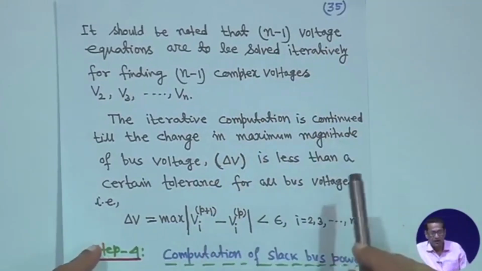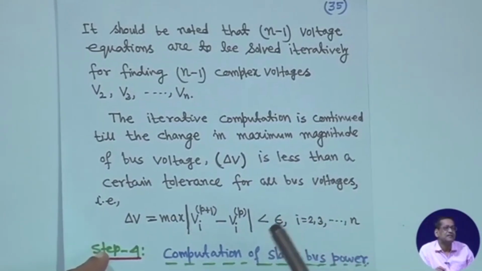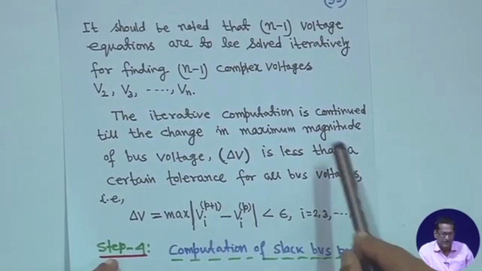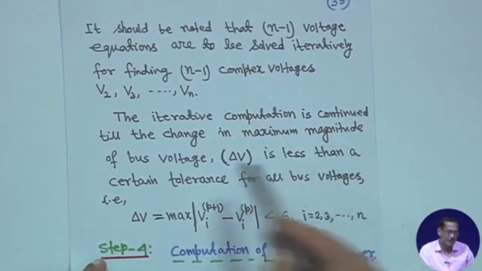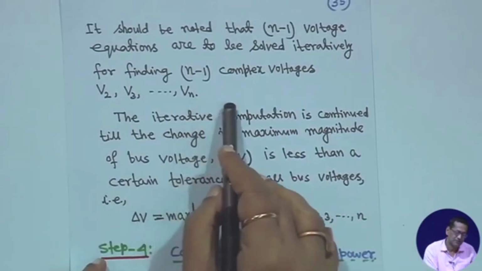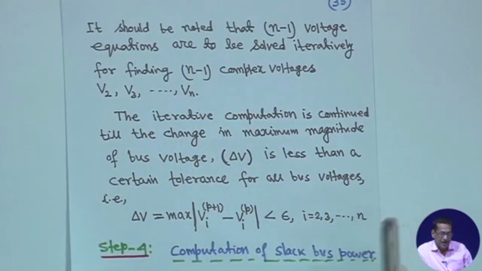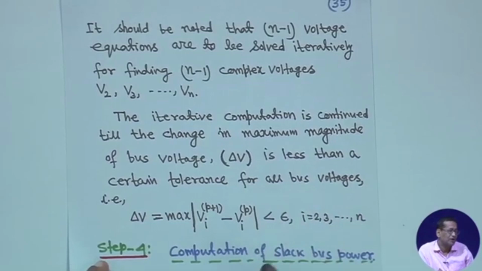If bus 1 is a slack bus, then for V 2, V 3, V 4, all the equations we have seen, you have n minus 1 complex voltage equations, V 2, V 3 up to V n. First you have to make them, then you have to solve them, because bus 1 is a slack bus. After this, you have to see what voltage you have got, then you have to